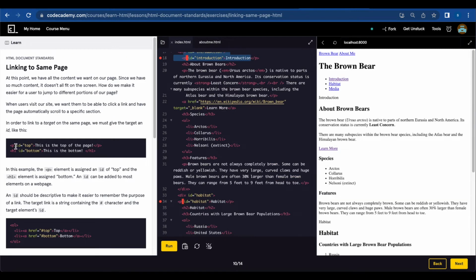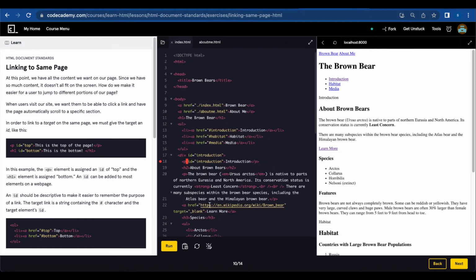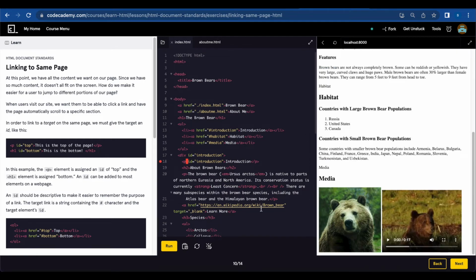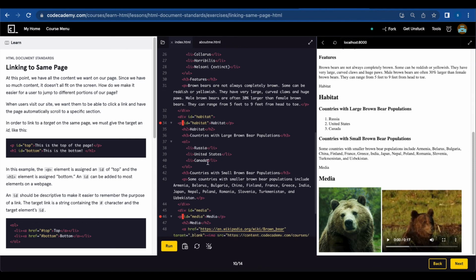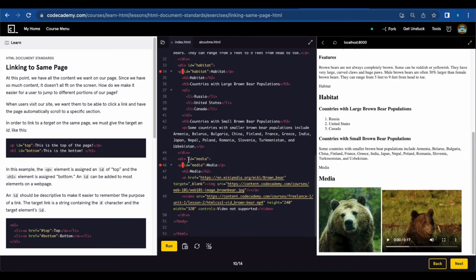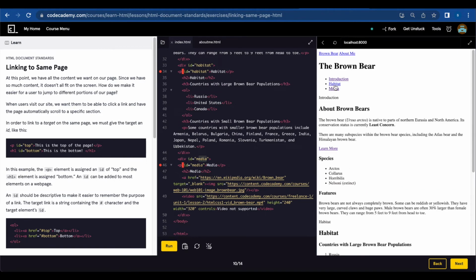In order to link to the same page, you're going to create IDs and call them later. So here, for example, they've created introduction, habitat, and media, and they've added that to a list here with a link. And if you click on those, it's not going to take you to a different page. It's just going to continue on the same page, but it's going to take you to where you call that ID again. So here they call ID media, and that'll be this section. They did the same thing for habitat